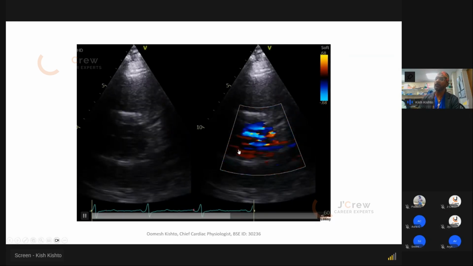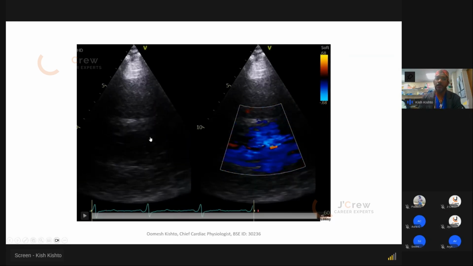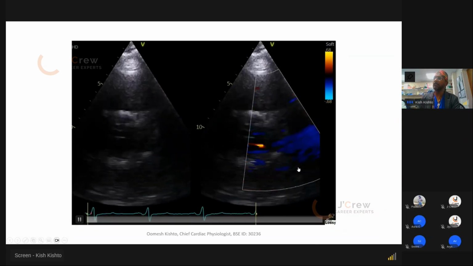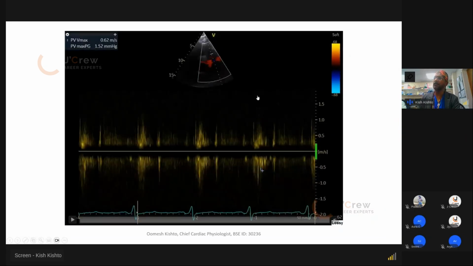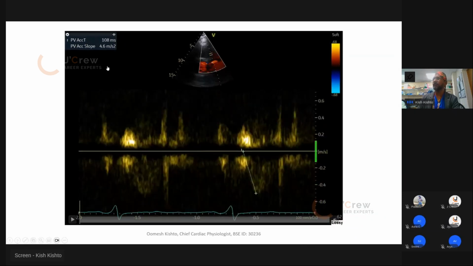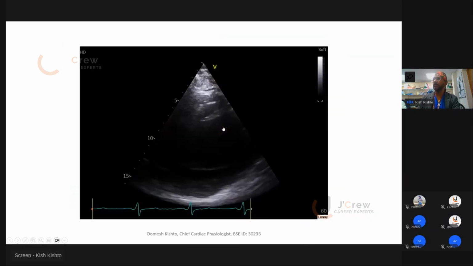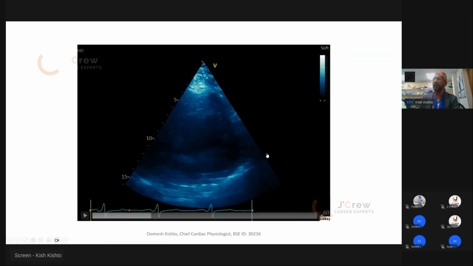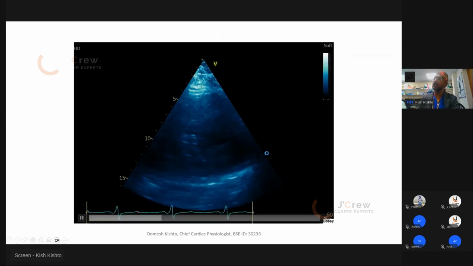So this is my short axis. This was quite a big patient, I think, and as you can see, the image quality is not great. That's a PV max and the PV acceleration time. I'm just going to skip on this, guys. Okay, let's focus on the